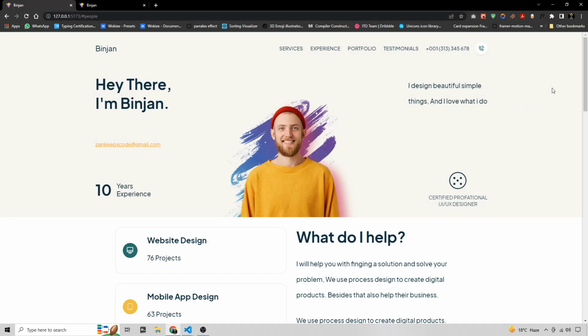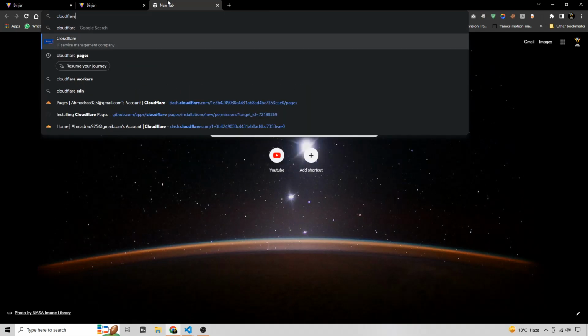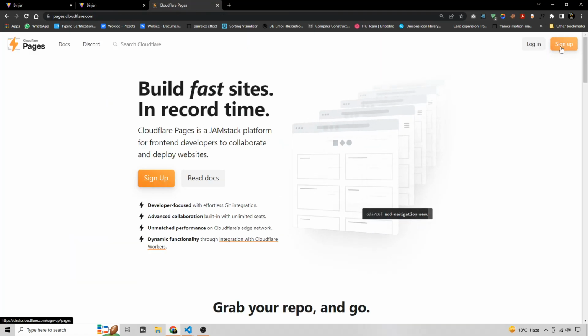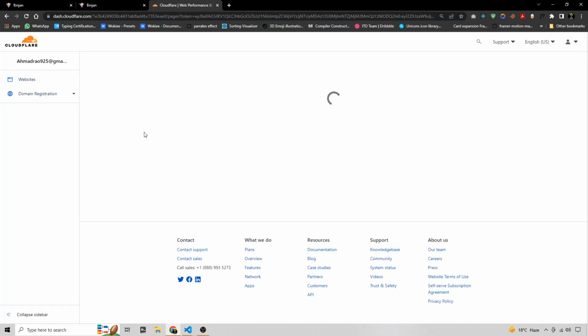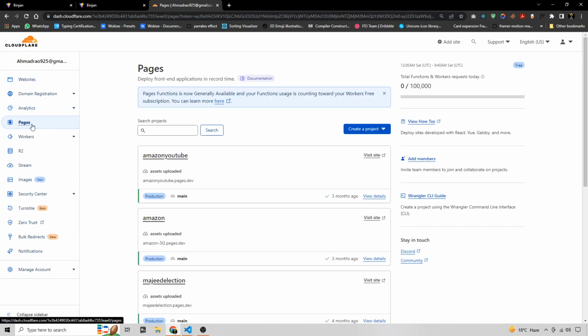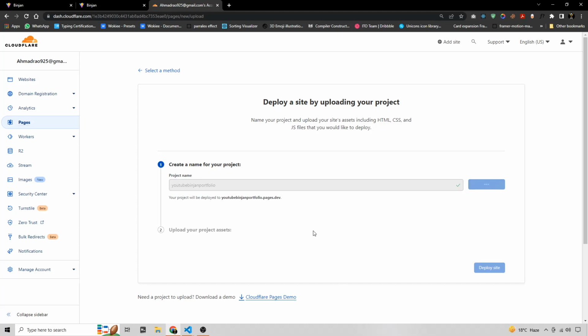So our last task is to deploy this project on the internet. So I am using Cloudflare Pages to deploy this. So here if I write Cloudflare Pages like this one, go to this link. You have to make an account by sign up, and if you already have, you can simply log in like I am doing. Here my dashboard is loading, and you will see all the pages you deployed on the internet. So we have to create a new project here, and I can say it as a direct upload. For the name, I will say YouTube Binjan portfolio like this one. Let's create a project,